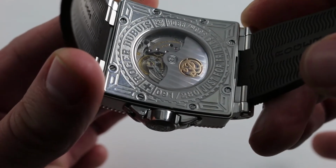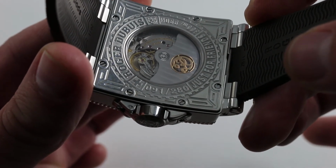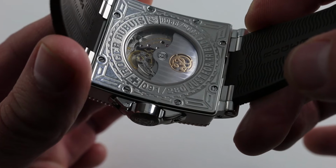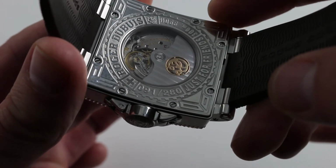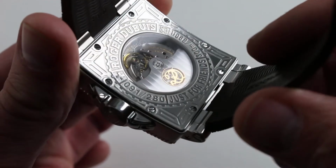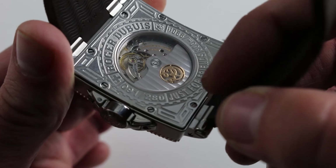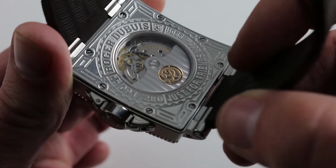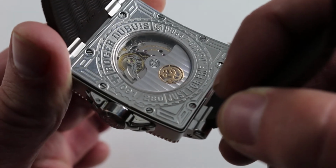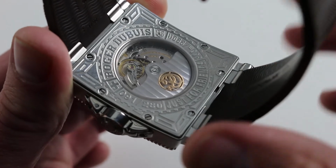Caliber RD57 based on the ancient Longines L990 ultra-thin dual-barrel automatic winding caliber, also known as the Breguet 8810 and Breguet 8815. This is a base caliber worthy of the improvement that Roger Dubuis bestows on it. You'll note just above the balance the Geneva Seal, the Poinçon, the hallmark of Geneva, the ultimate seal of approval, the third-party mark of great finishing, horological significance, and throughout the movement, the finest level of materials